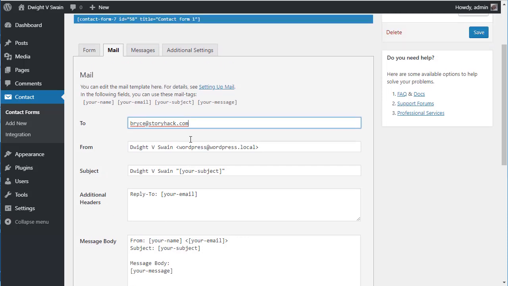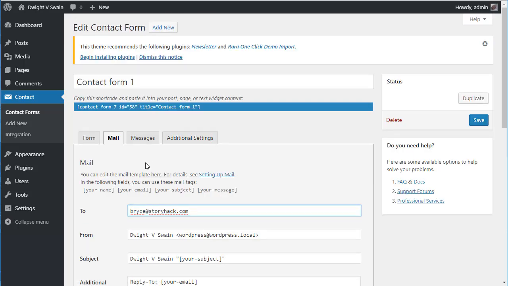And it will automatically pick whatever admin email you used for your account when you first set up WordPress. Again, I'm going to leave that. And then the big important piece of information is this up here. You can see it